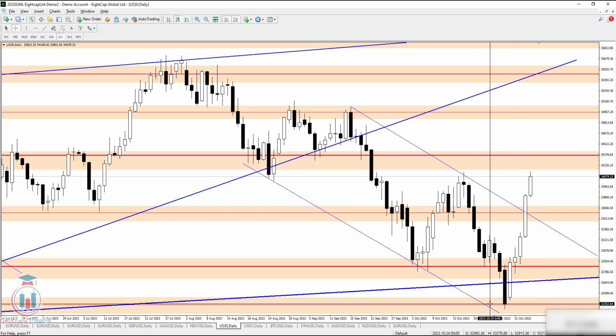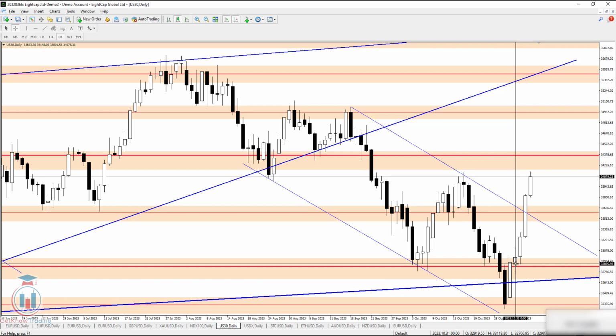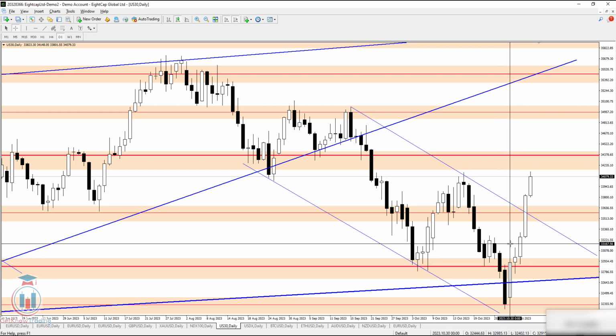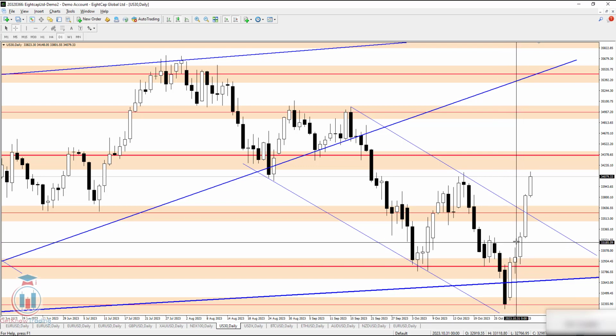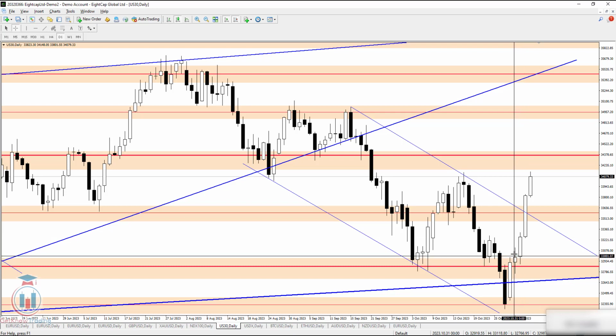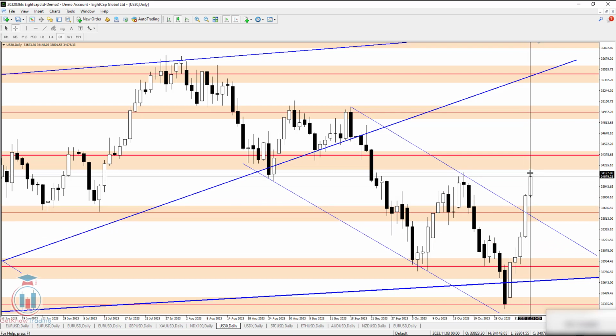which is also a confluence of support because of this downtrend channel, trend line, and also this horizontal support level. The price has started to move up, we can see it here, and the price has made a breakout to the upside with this candle here. It tried to break to the upside and made a breakout with this one here, and then did not return back down, confirming this breakout as a valid one to the upside,